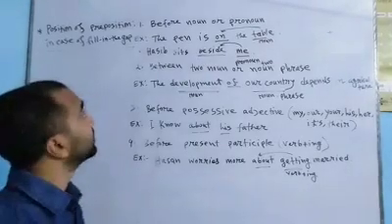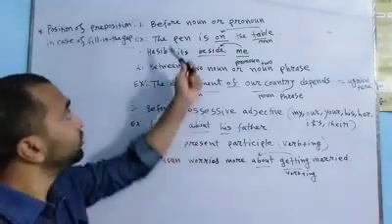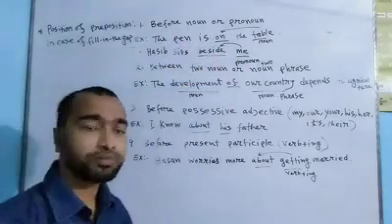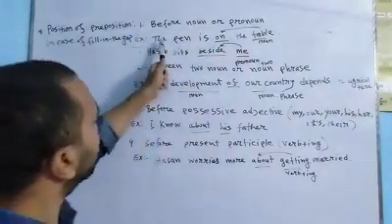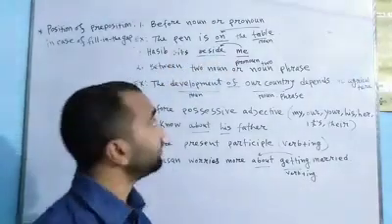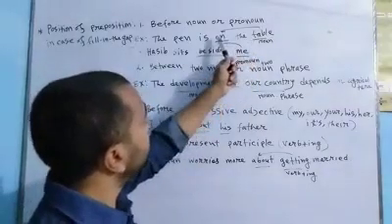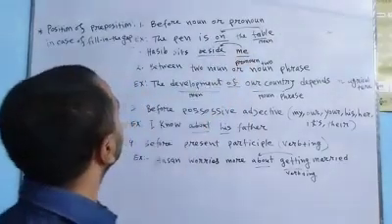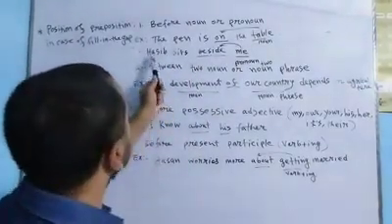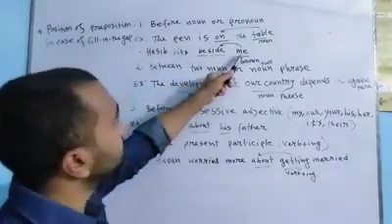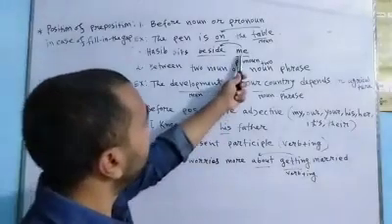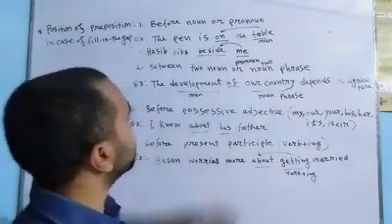First step: before a noun or pronoun, you have to use a preposition. Example: the pen is dash the table. Here, table is a noun. Before a noun, you have to use a preposition, on. Before a pronoun, you have to use a preposition. Example: Hasif sits dash me. Me is the objective form of the pronoun. Before me, you have to use the preposition beside.